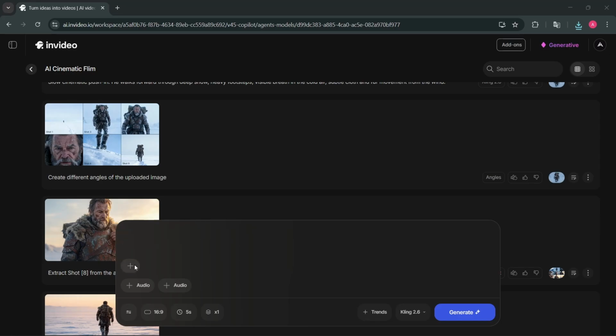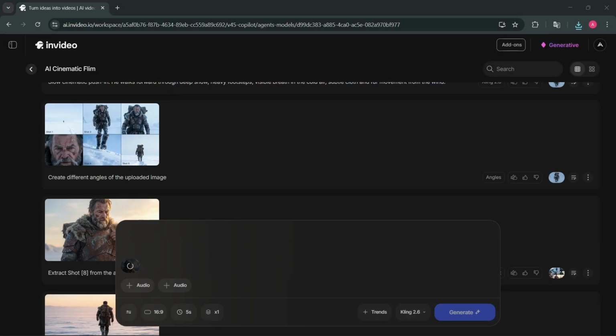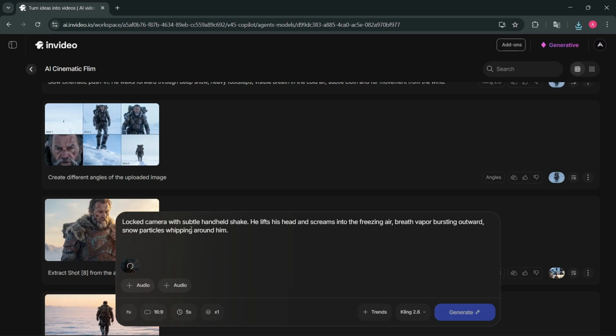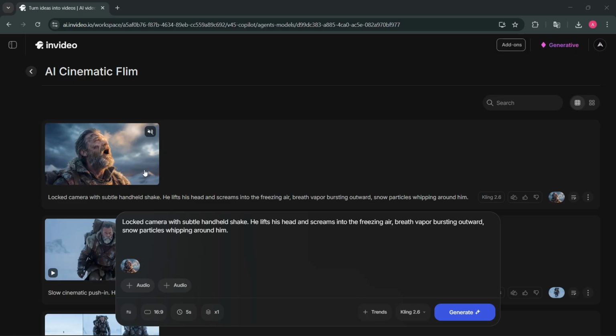In the same way, I am uploading another image, and I have pasted that image in ChatGPT first and then asked it to give me the prompt to convert that image into video using the Kling 2.6 model. Then ChatGPT gave me the prompt, and I'm pasting that prompt given by ChatGPT here. So this is the exact workflow which you have to follow to create any cinematic AI movie with the help of just a single